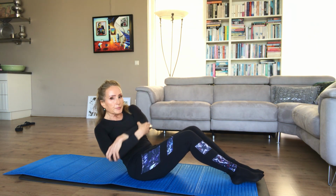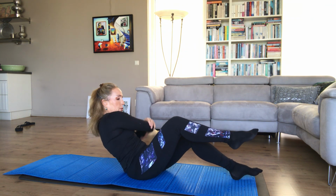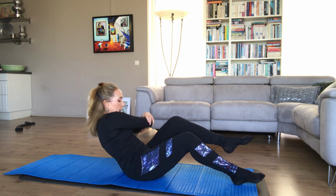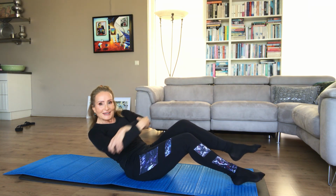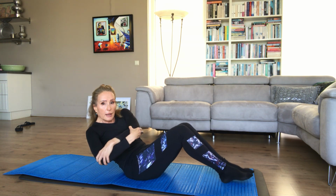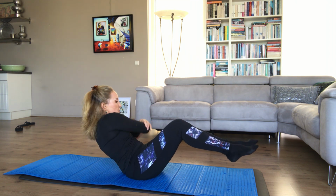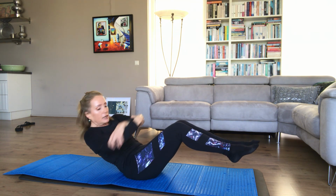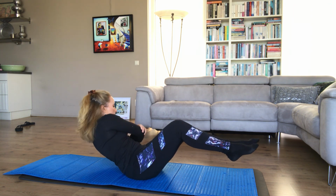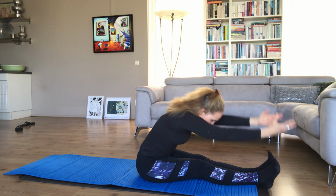Pull the abdominal in. Now lift the right leg, and up, and up, change, and up, and up, both, and up. If it's too much, place the heels on the ground, and up, and up. If you want more of the rotation, really think the elbows are going to the floor, and up, and up. Place your leg on the ground, stretch forward,